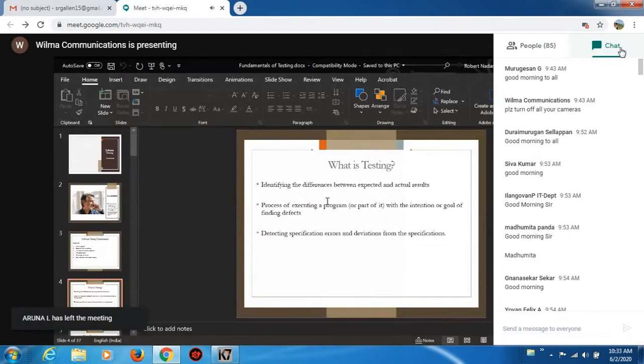So what we are going to do is check the expected against the actual, where expected stands for the client requirement, and actual stands for the entire product completed by the developer. So whatever the customer gave in the initial stage, like the requirement, we check whether all those expectations match the customer requirement or not. That we conduct as something called testing.